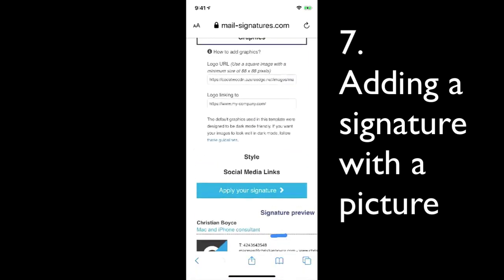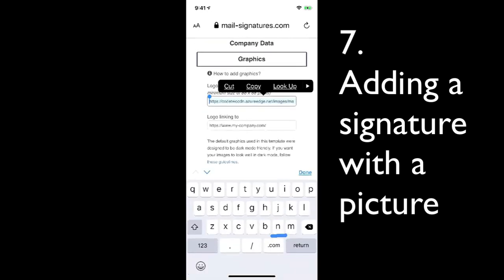Now I need a graphic. Okay, we need a graphic. So where's our graphic? Well, what am I going to do for a graphic? Well, I've got to go find a graphic that's been uploaded somewhere. So I've prepared this in advance. I have a graphic somewhere. I have to find it. I hope I can find it. So let's see. I believe it's